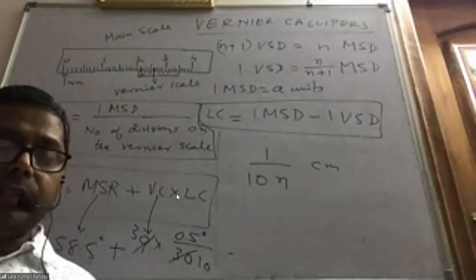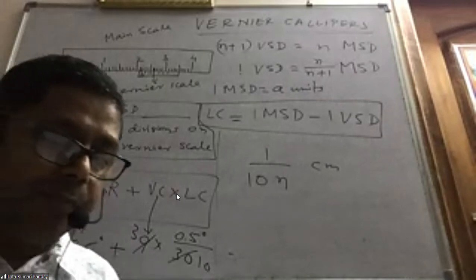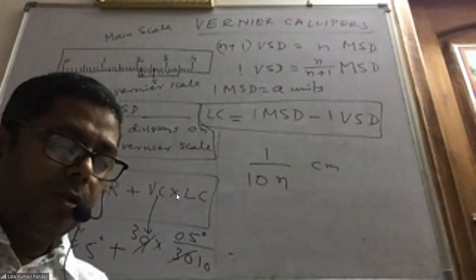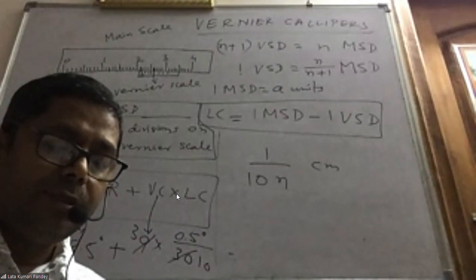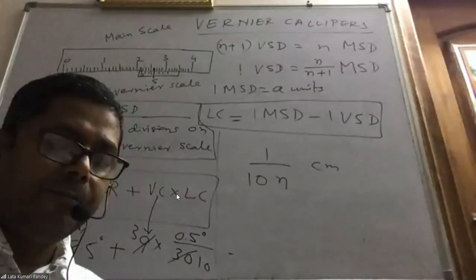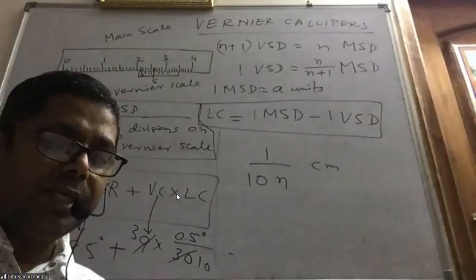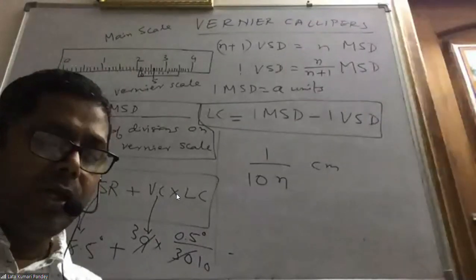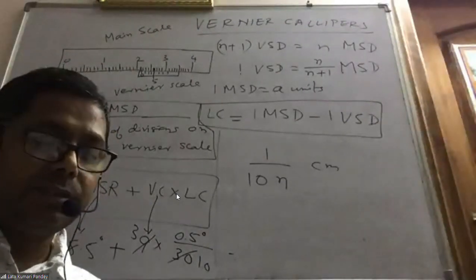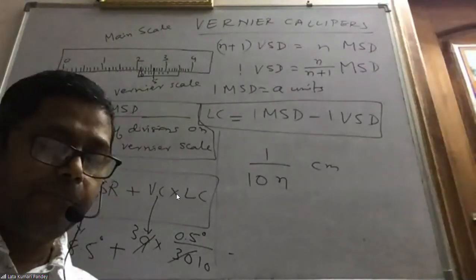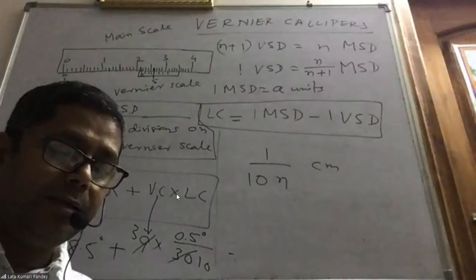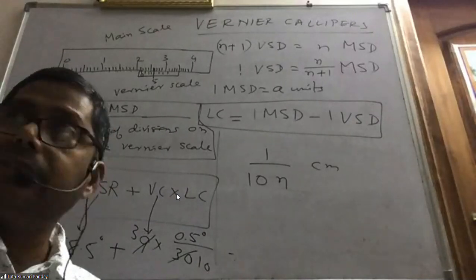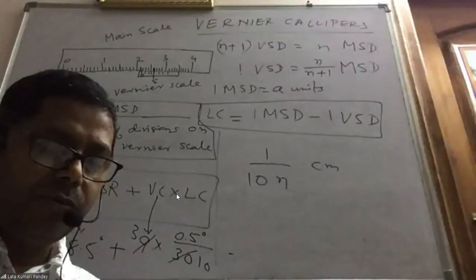If 10 divisions of vernier scale coincide with 8 small divisions of main scale, the least count is